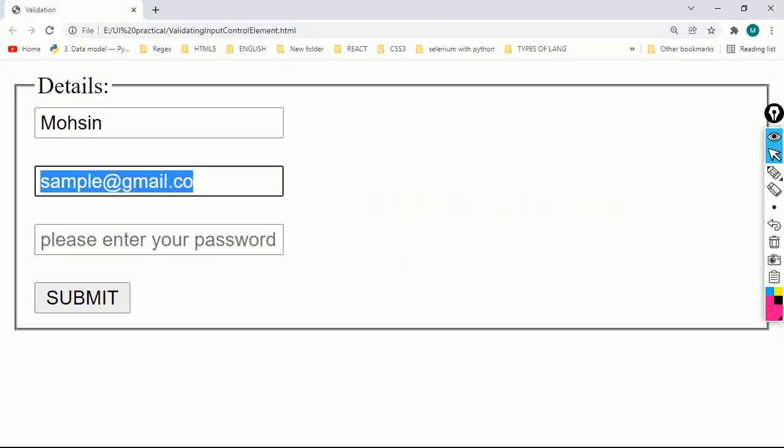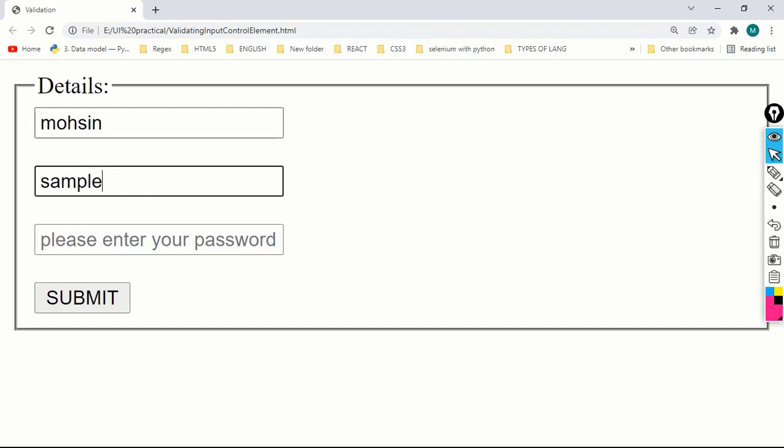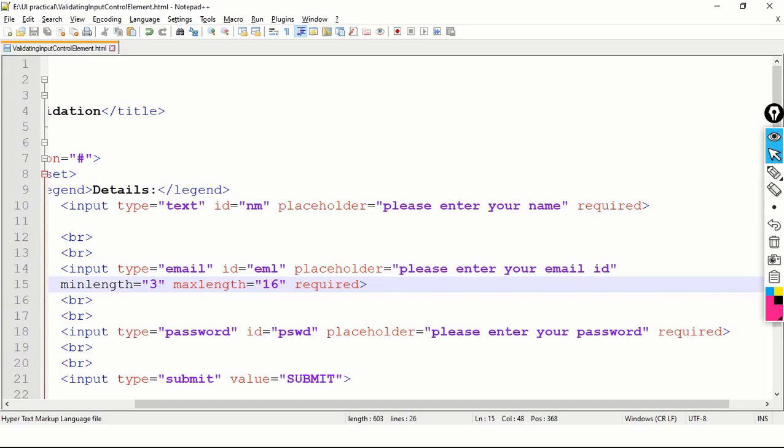Save the code, refresh, correct. So it is taking the total characters. But suppose I am mentioning minimum length is 20 and maximum length is 26.